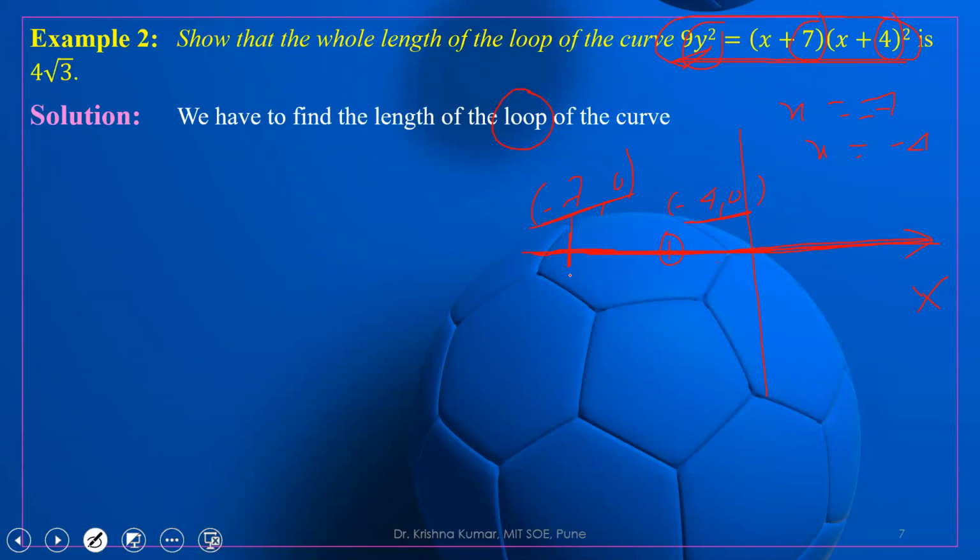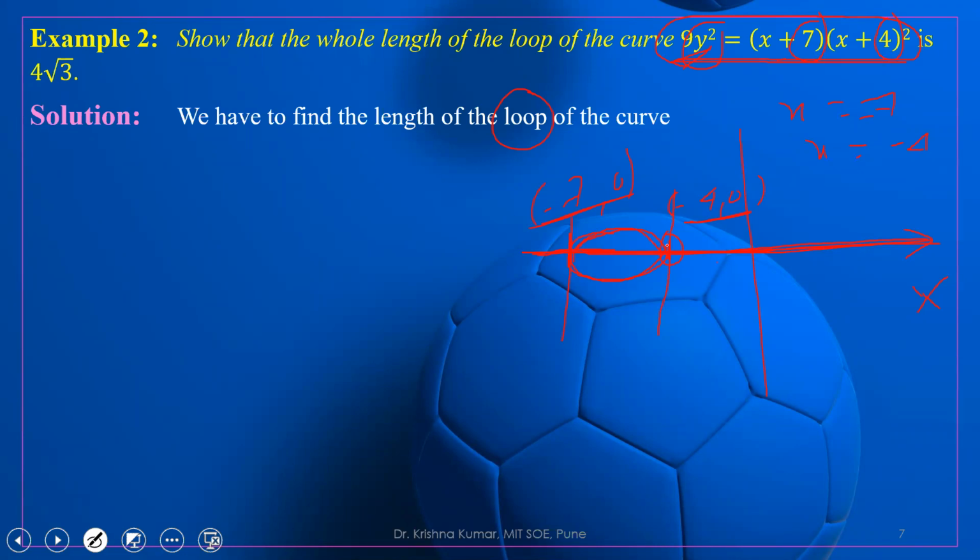So clearly we have already told you that if there are two such points, then there will be one loop between the points. So now what we are getting, there is a loop between them. This is the loop. So we want to find the length of this loop. Okay, again, this is the third point. Fourth point is what? Asymptotes.